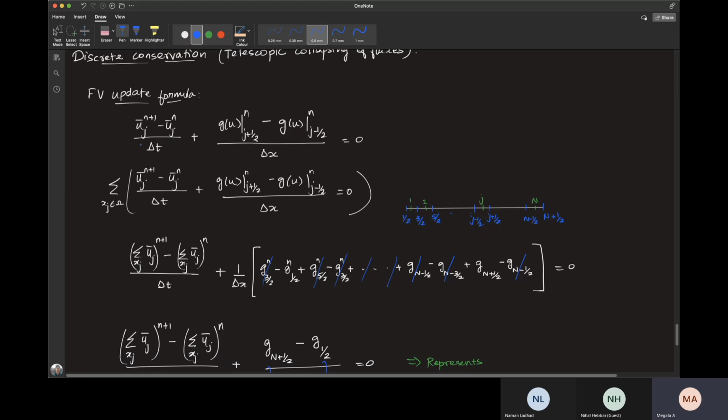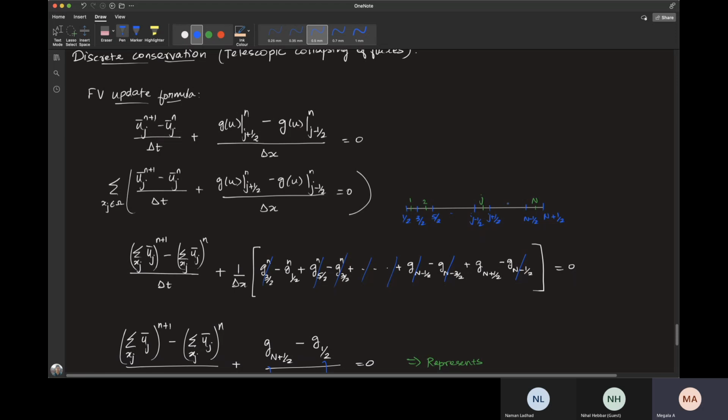Now this is your finite volume update formula for each and every cell. Let's sum this over the whole physical domain, for any xj belonging to omega. Suppose this white line is your physical domain, and that physical domain is now being split up into some cells. These two blue lines together constitute one cell, and this green point is your cell center.